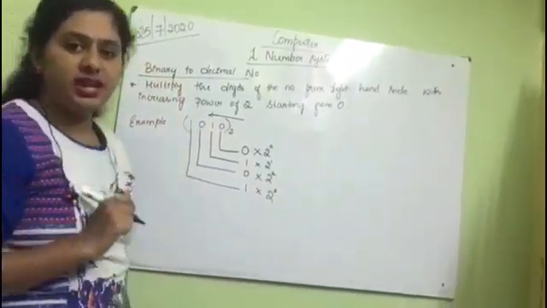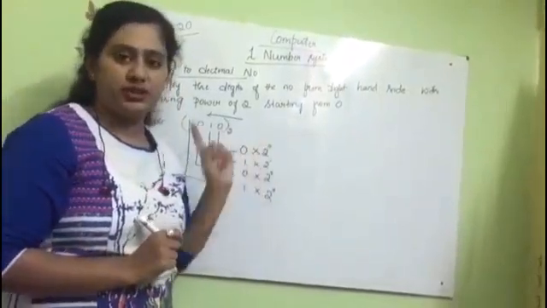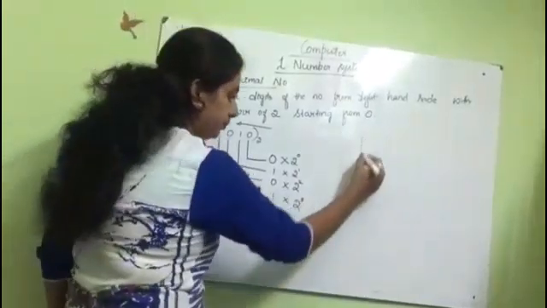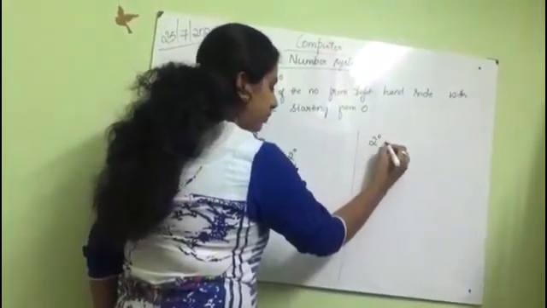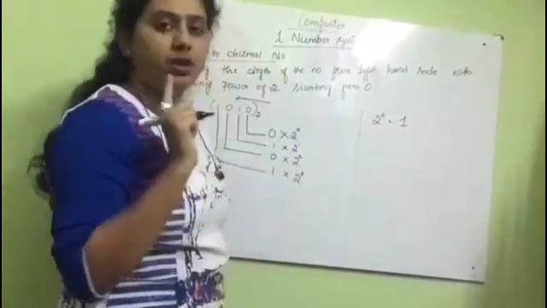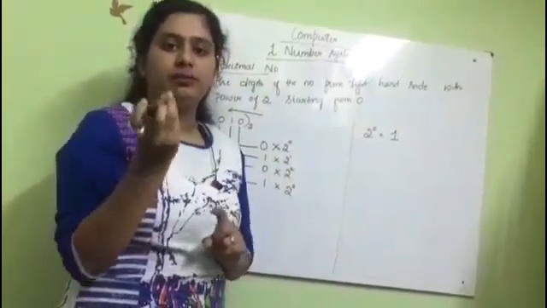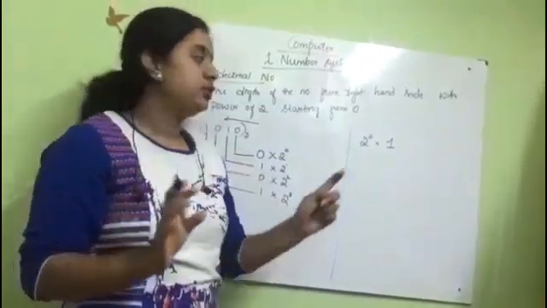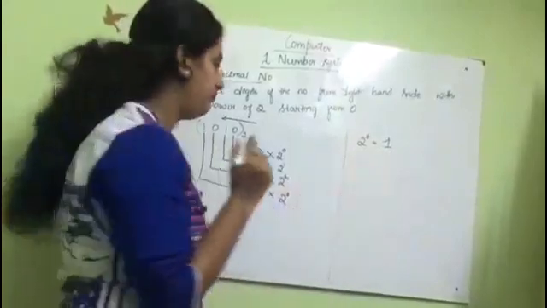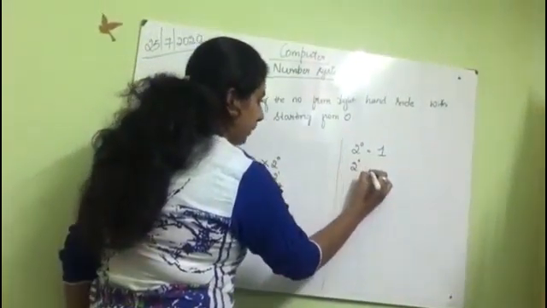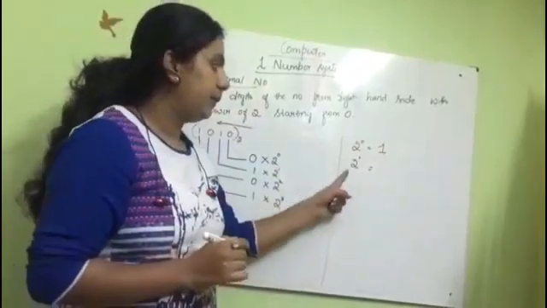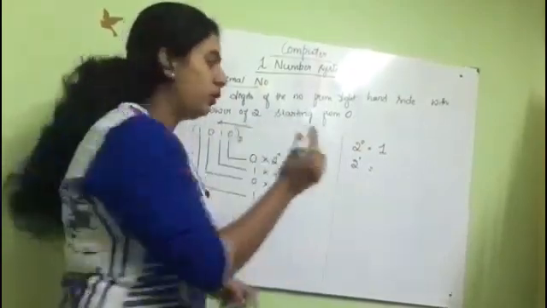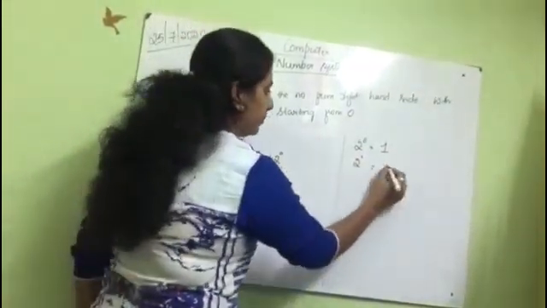Okay. Last class I told you anything to the power of 0, any number, either it may be 2, 8, 10, whatever it is, anything to the power of 0, the value will be 1. Not only for 2, it may be 10. 10 to the power of 0 is also 1. 8 to the power of 0 is also 1. Any number to the power of 0, it will be 1. Okay. Next, 2 to the power of 1. Any number to the power of 1, it remains the same. It will not change. Whatever the number given here, it will be same.